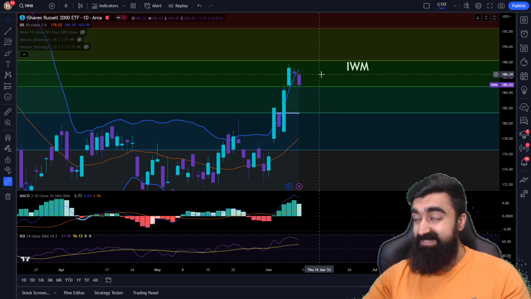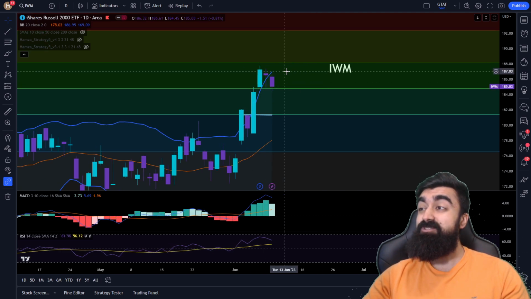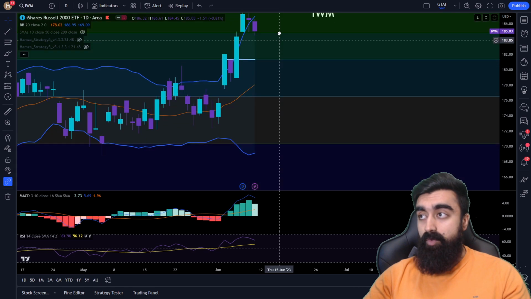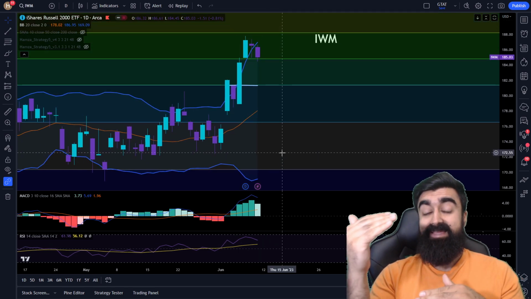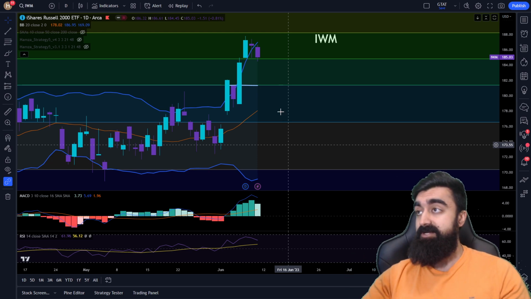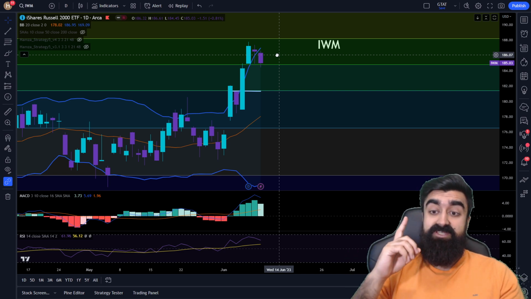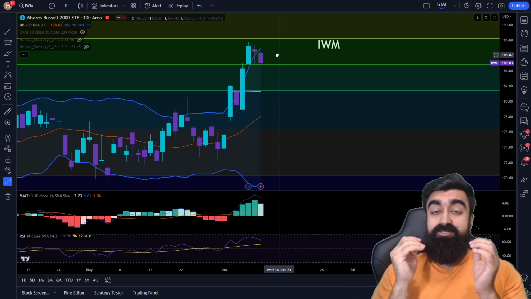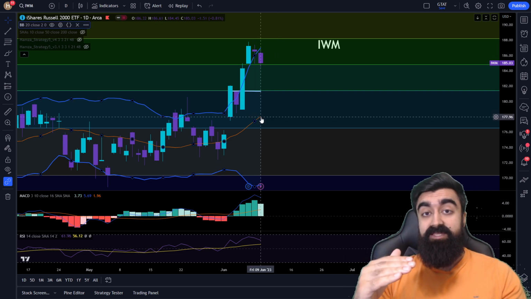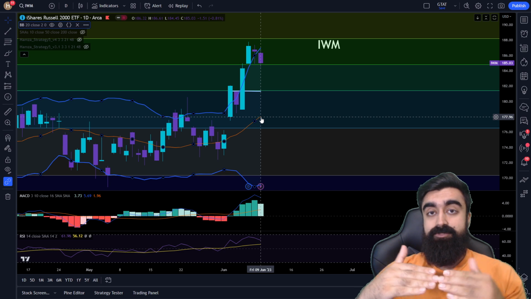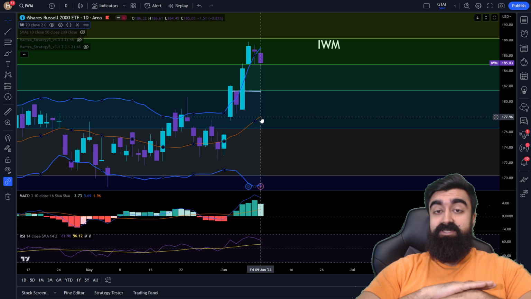When we're trading like this, when we have multiple opens and closes outside of the upper or the lower level of the Bollinger Band, we always tend to reverse back inside in the opposite direction. So extreme moves like this cannot sustain themselves. And once again, I'm going to explain that the Bollinger Band is 2 standard deviations away from the median line. The median line is the 20 exponential moving average. So when you're that far overextended in either direction, we need a reversal.